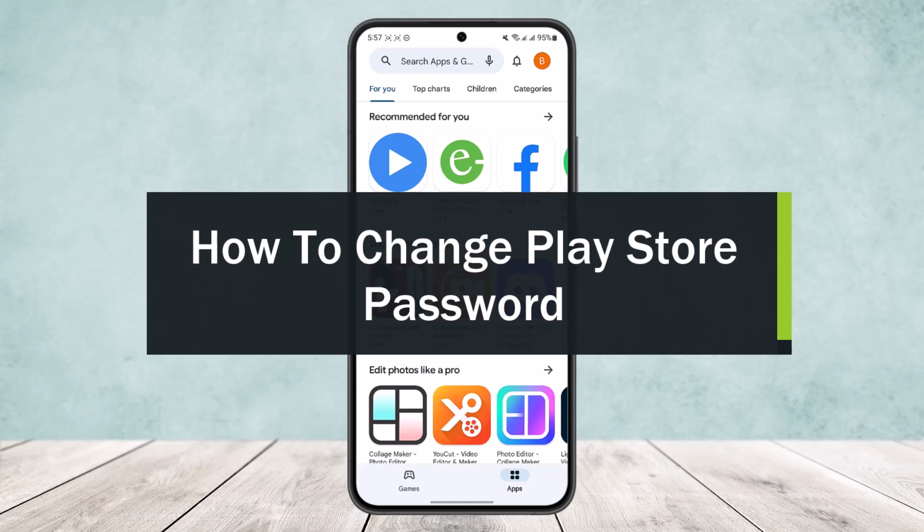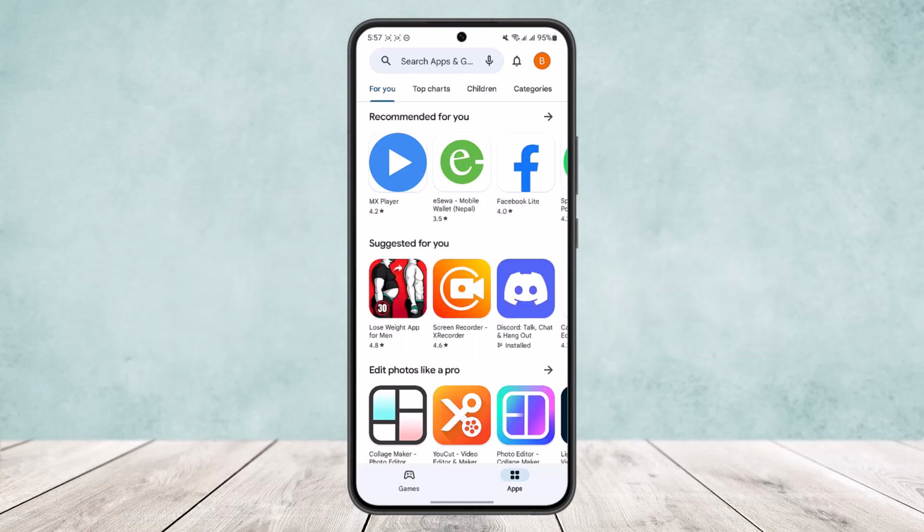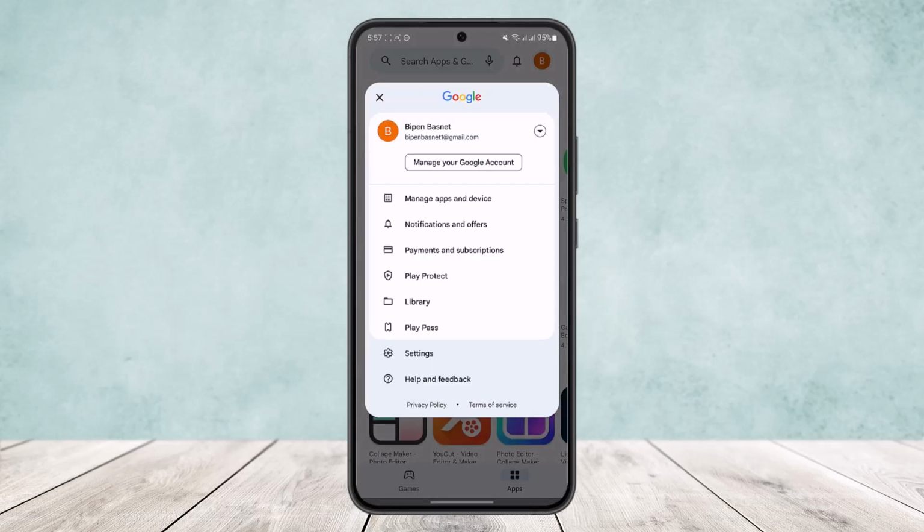Today I'll guide you on how you can change your Google Play Store password. Now, changing Google Play Store password basically means you're changing the password of the account that you are logged into in your Play Store. Now, you can know which account you are logged into by simply heading to the profile by tapping on the profile icon that you can find at the top right corner of the screen, and you can see I'm logged into my account here,